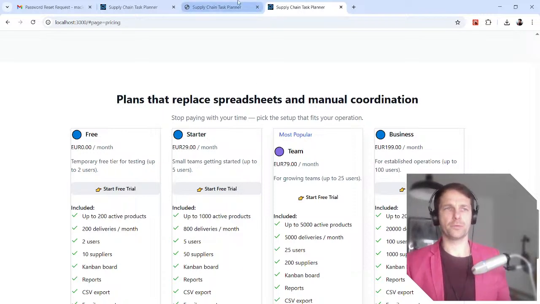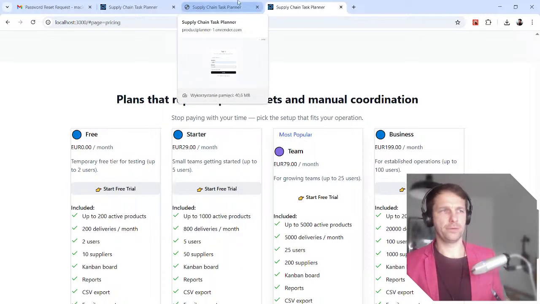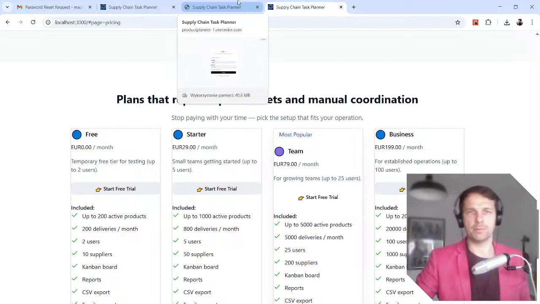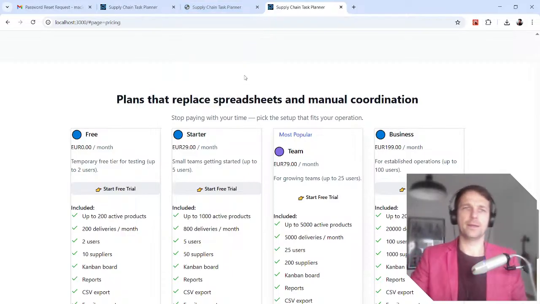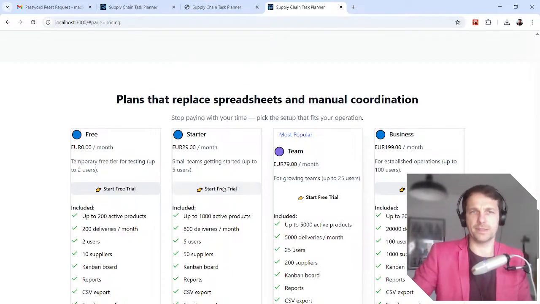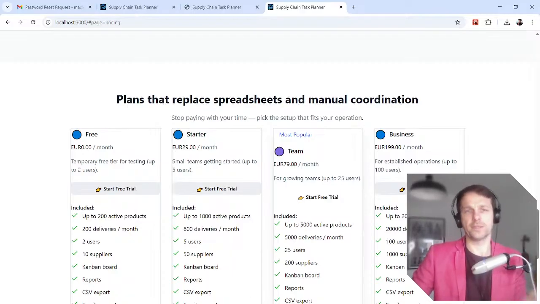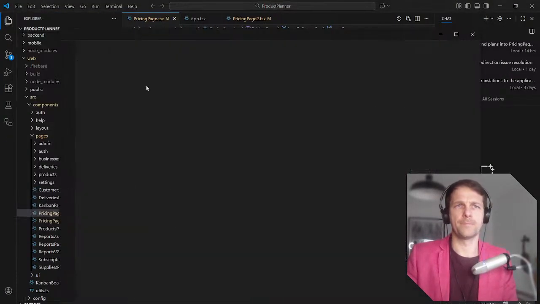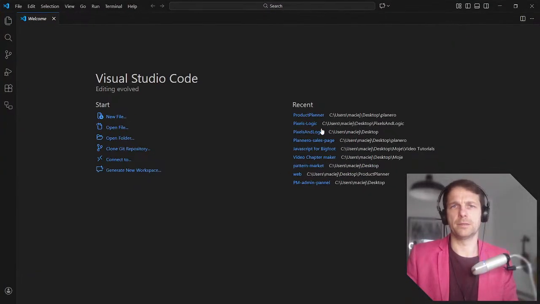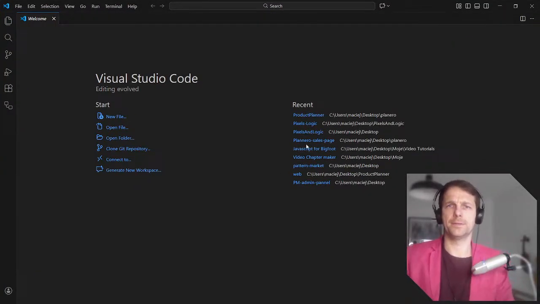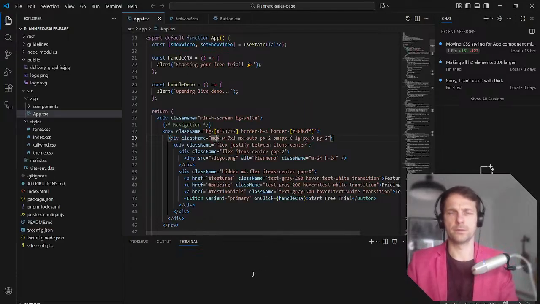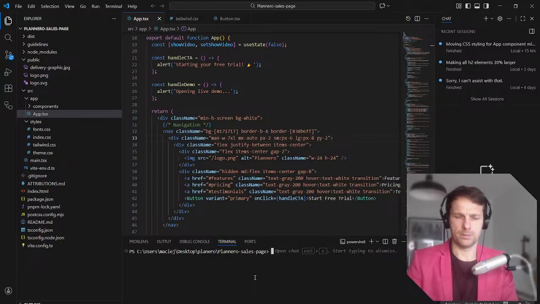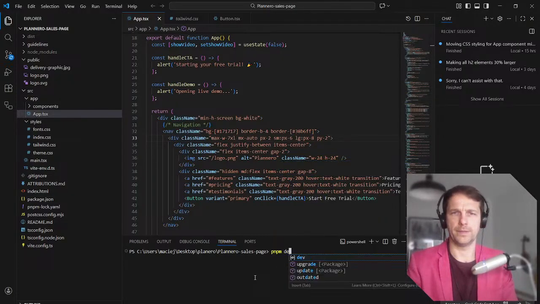And then you register with your Stripe payment, and first you have 14 days free basically. Okay, just open the other one. So maybe I have this sales page, npm dev, yeah.